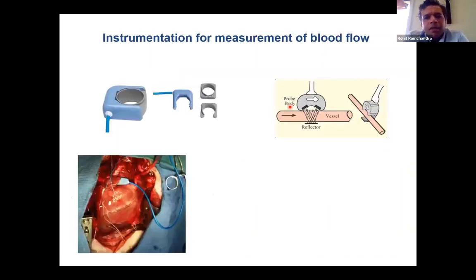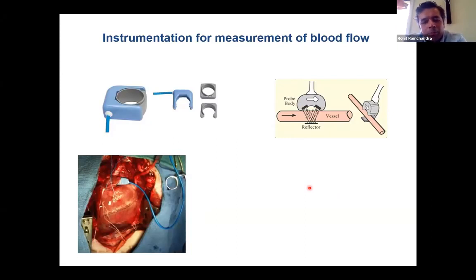Okay. The instrumentation for blood flow is a lot more complex because it depends really on where you want to implant your flow probe. In other words, which blood vessel you want to go to, whether it is the aorta to measure cardiac output or the renal artery to measure renal flow. We routinely put these cardiac output flow probes in the ascending aorta or the pulmonary artery to record cardiac output now. And here's just a schematic showing that you need it to be reasonably perpendicular to be able to measure absolute